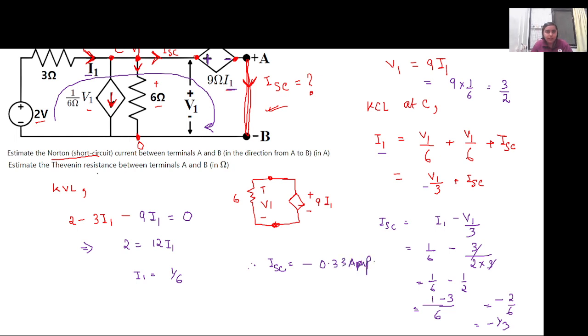Is this clear? So we have calculated the Norton short circuit current between A and B in the direction from A to B. So this is the short circuit current IAB. Okay. Now in the next part,